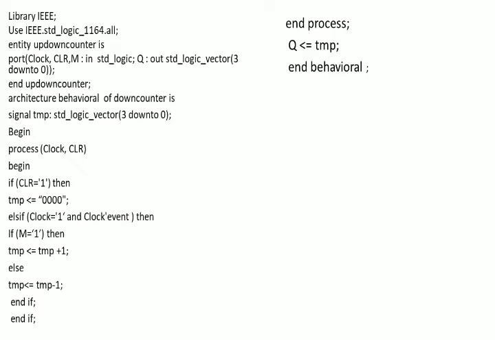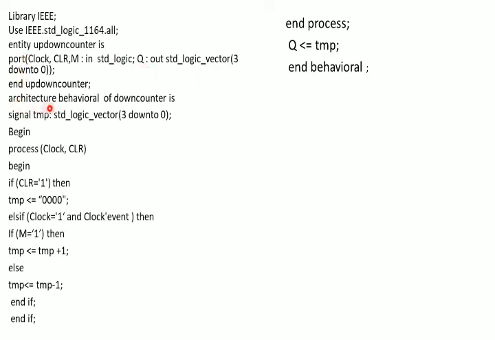So let us see the VHDL code. We'll start by defining the library elements as IEEE, and we'll access it using the statement use IEEE.the package.all. Now let us define its entity as entity up down counter is. In the port, we'll write clock, clear, along with a mode signal M, which is an input standard logic. This mode will have two values, either 0 or 1, and an output Q, which is a vector 3 down to 0.